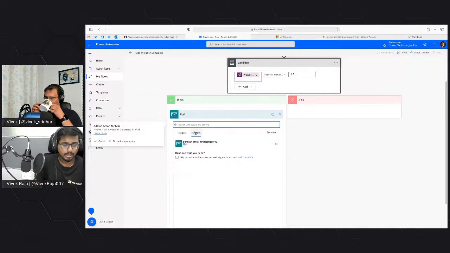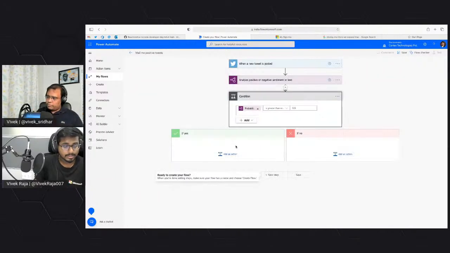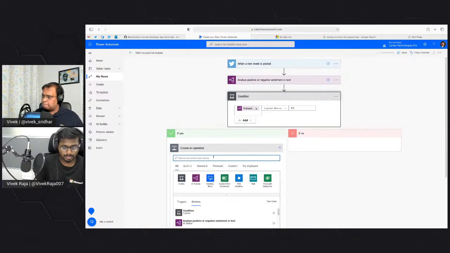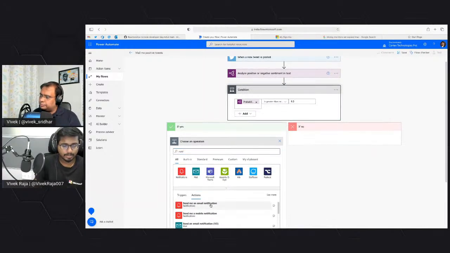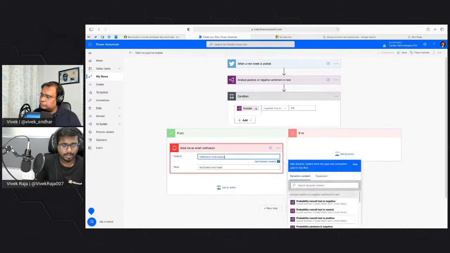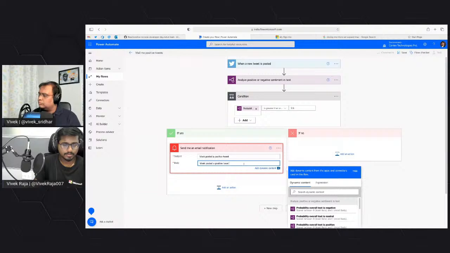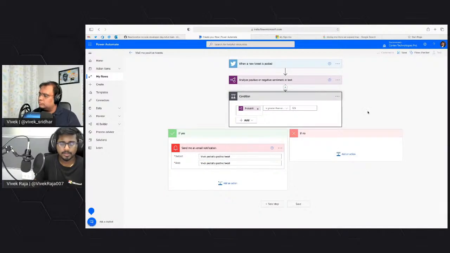Actually, let's see. It's a notification, in fact. So let's search for it. Notification, send me an email notification, and let that be, okay, Vivek posted a positive tweet. For simplicity, let's keep that as the body itself. There's no issues. Now that we actually laid down a particular flow, like a trigger,